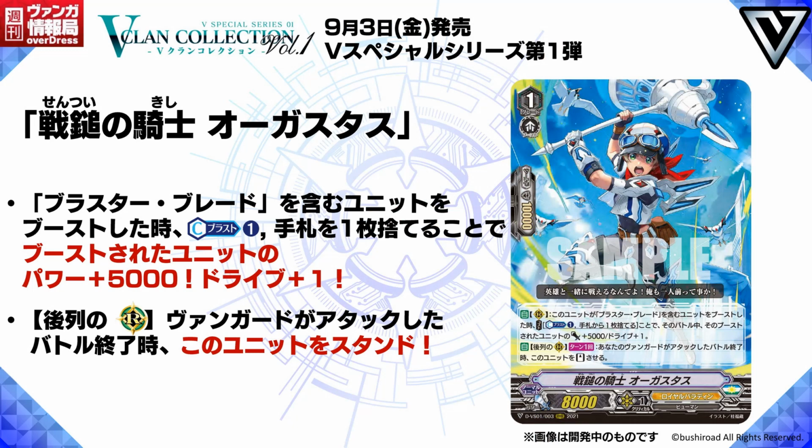But its second skill, Auto Backward Rearguard. Once per turn, at the end of the battle that your Vanguard attacked, stand this unit. Pretty obvious that Thing Saber Dragon is going to be a multi-attack Vanguard, so obviously it's going to be a multi-boost. But what's nice is that it says at the end of the battle that this card attacked, so meaning that you can also use this card for Sanctuary Guard, because if for some reason you're using your rear guards